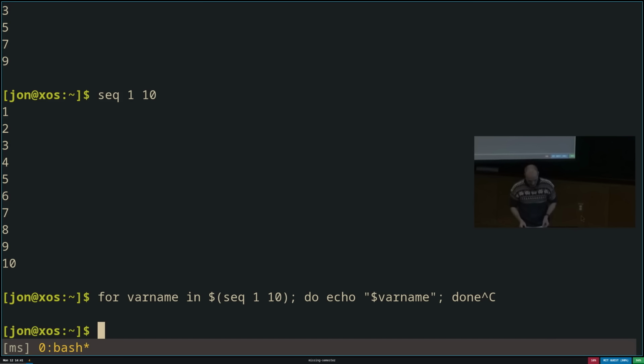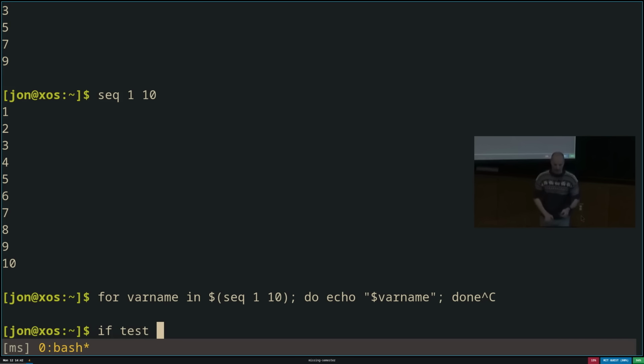Now, there are two last things I want to tell you about. One of them is when you write if expressions, you might wonder, well, okay, I can do things like grep and stuff, but what if I just want to compare variables? Like, what if I just want to do numerical comparison, like things that I normally do with ifs that are not related to a command? Well, there's a program called test.